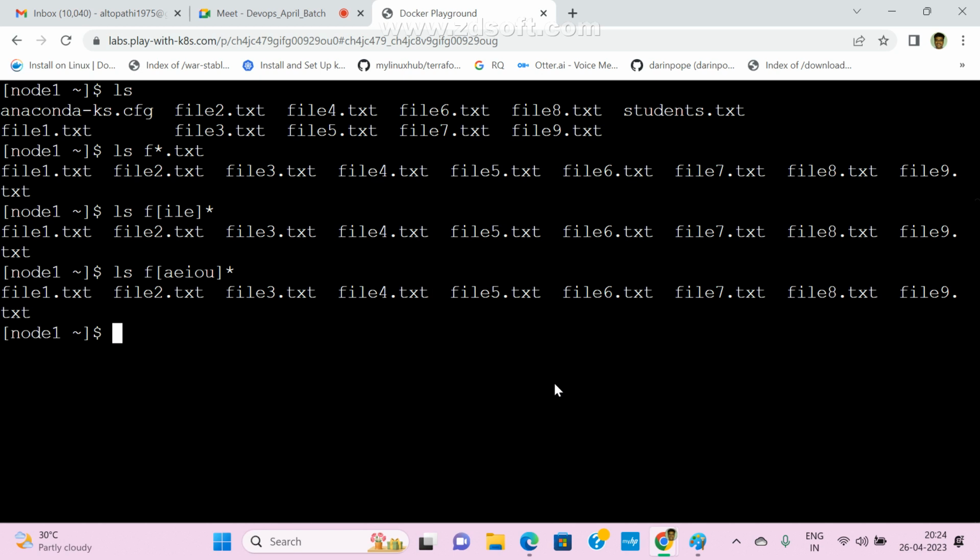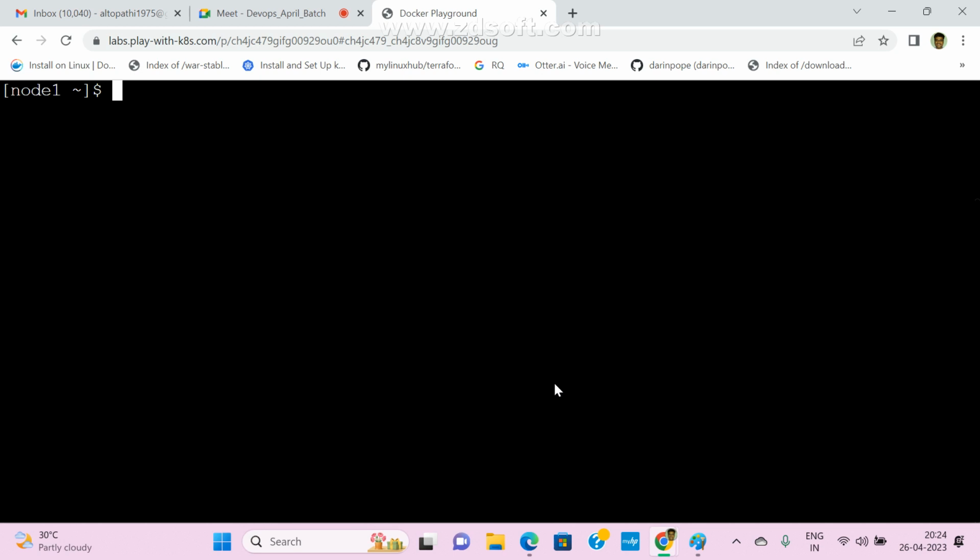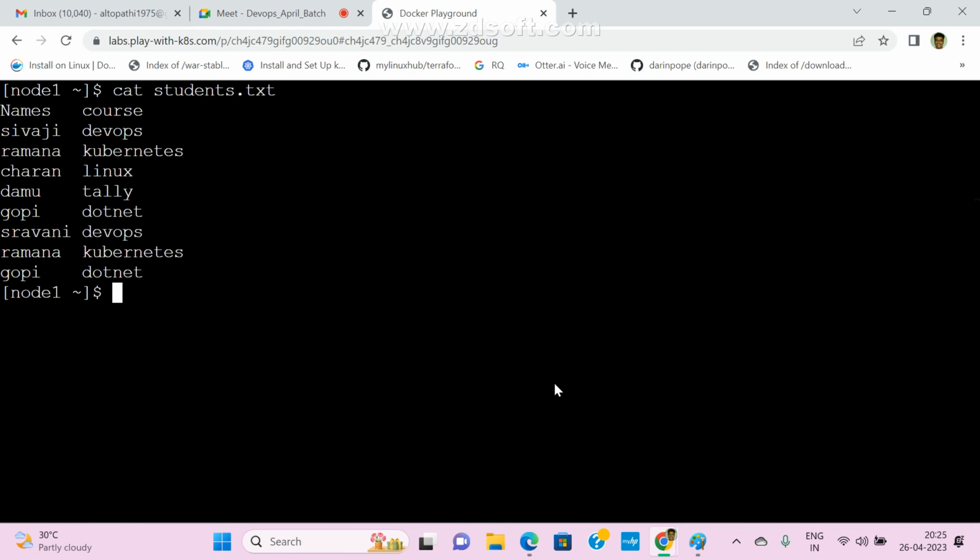This is one way, right? Now I need grep, right? I want to check grep format. So first let me check cat space students dot txt. Now I want to display some 4 or 5 letters, so this is Gopi, right? I want to display only that.